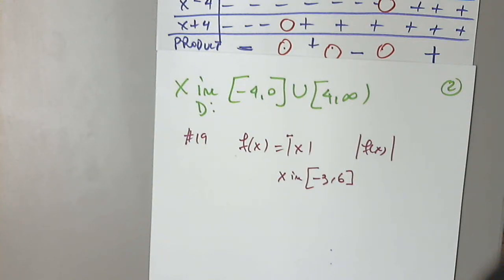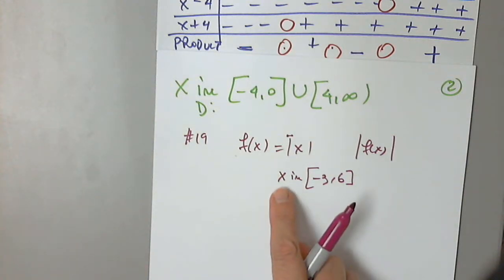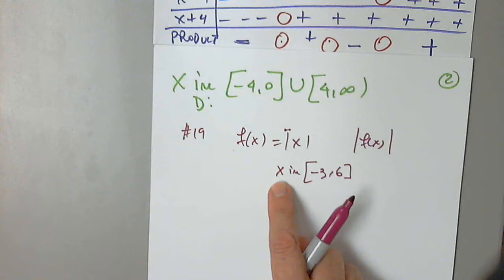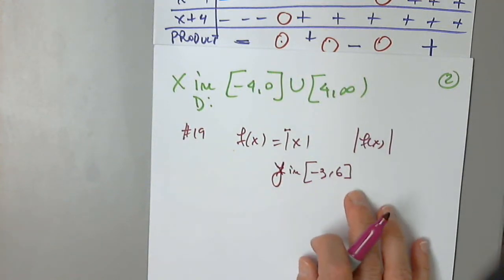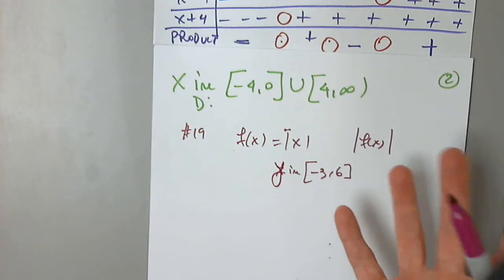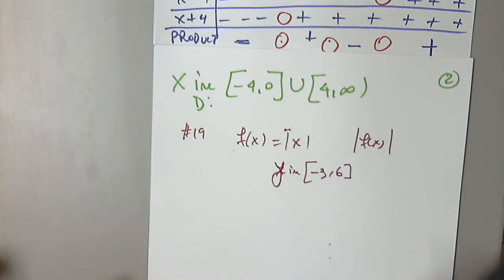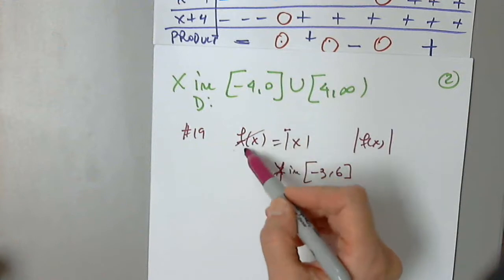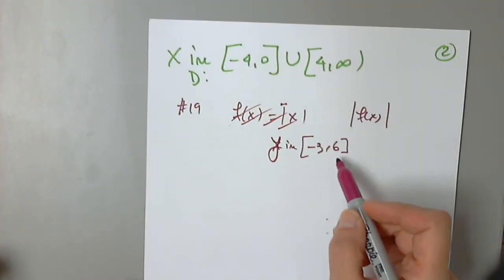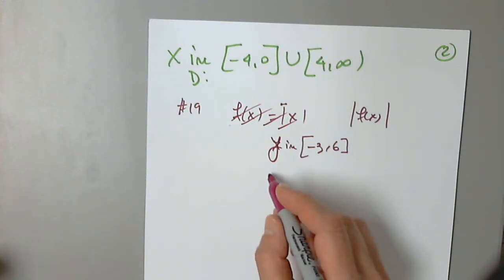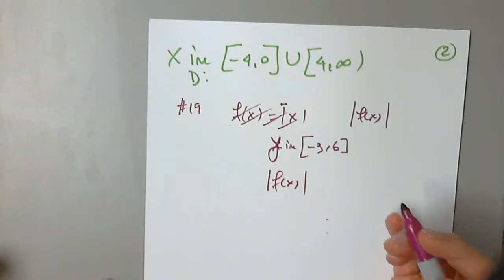Suppose the range of a function, so it's not the domain. That's very important, right? Okay, I see now. So this is not x, this is y. Y is in this interval, -3 to 6. So if we have a function whose range is -3 to 6, and we want to determine the range of the absolute value of the function,